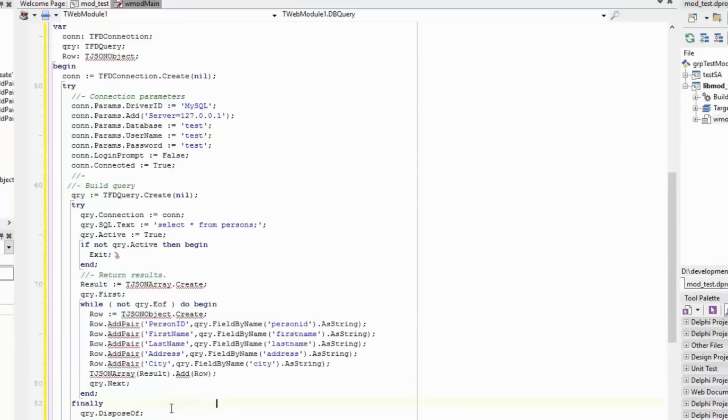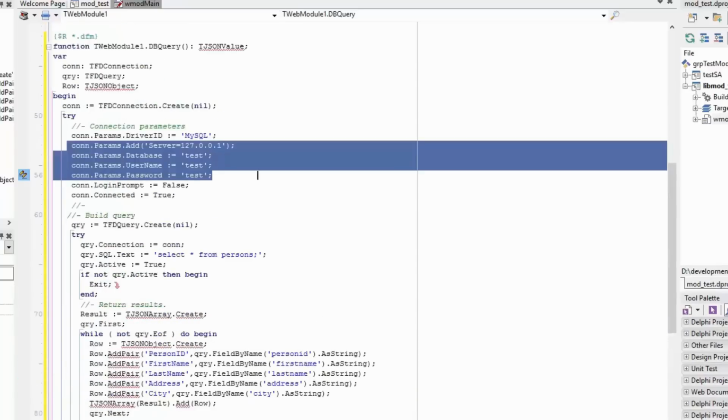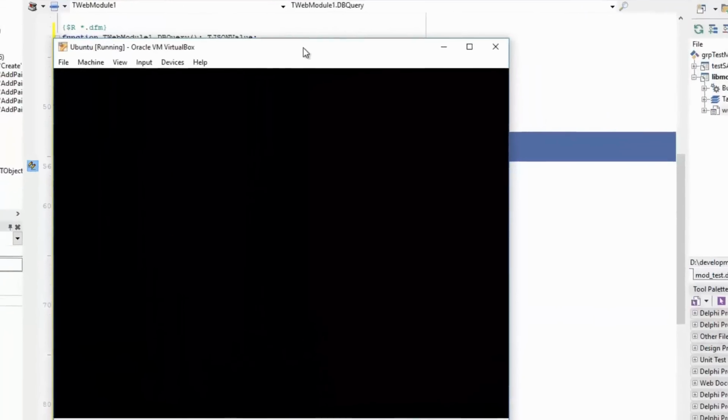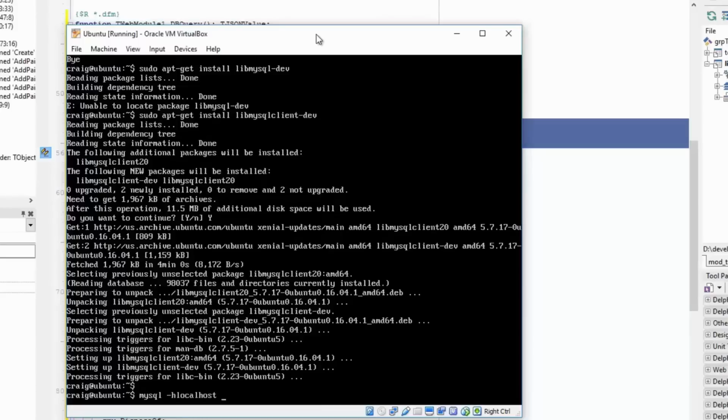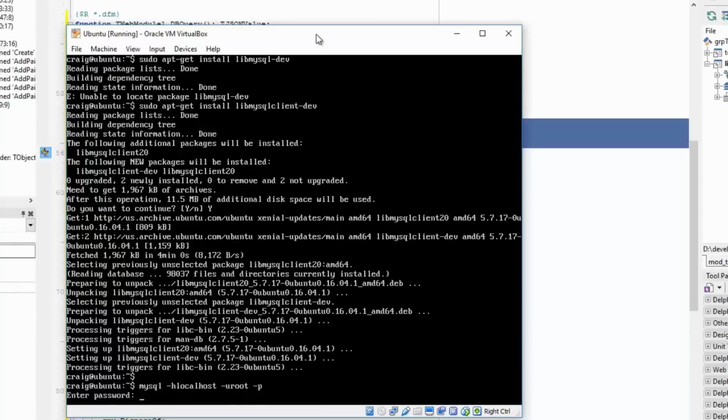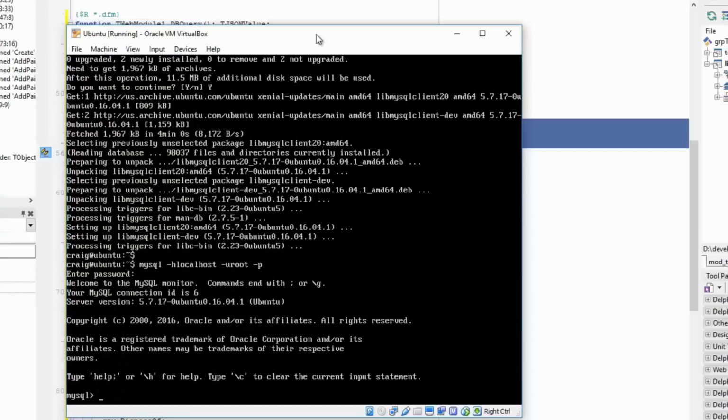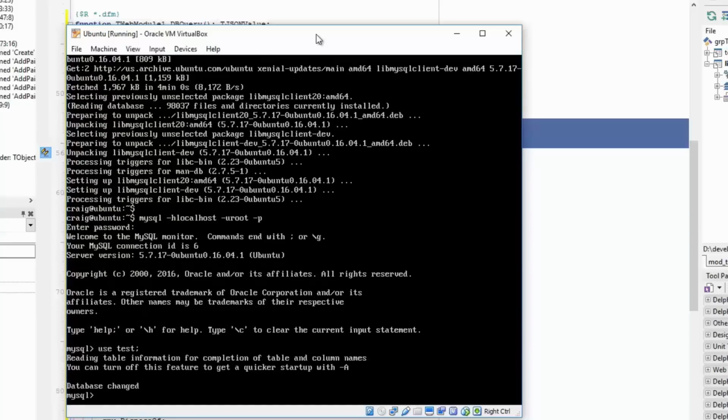Now, the one thing that we haven't done on our server yet is create a user which is able to access the test database. So let's go take a quick look on our server again and see how we resolve that. I'm going to use the MySQL instruction again on host localhost, user root with a password, and again I'm going to use the test schema, and I'm going to issue the command grant all on test.star,